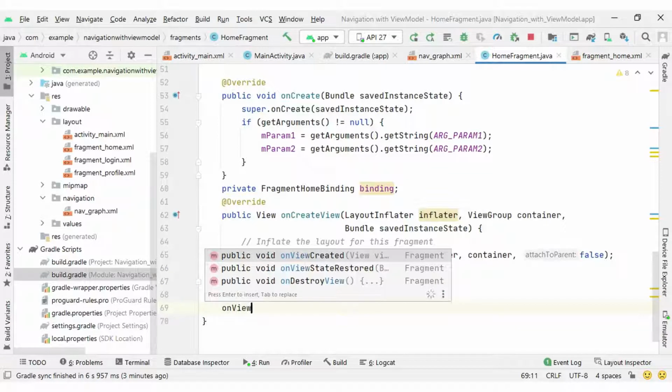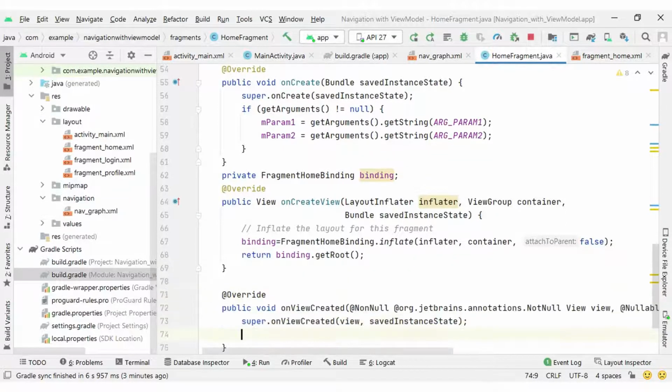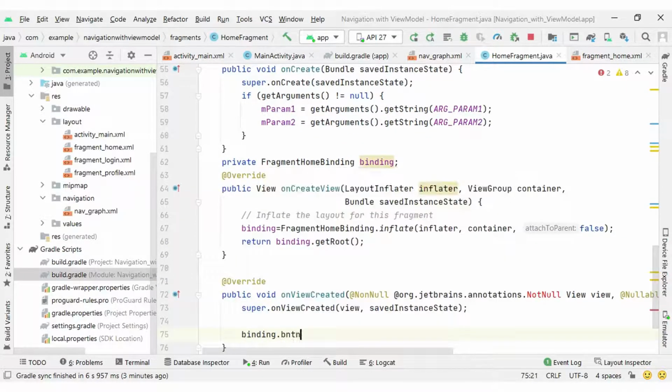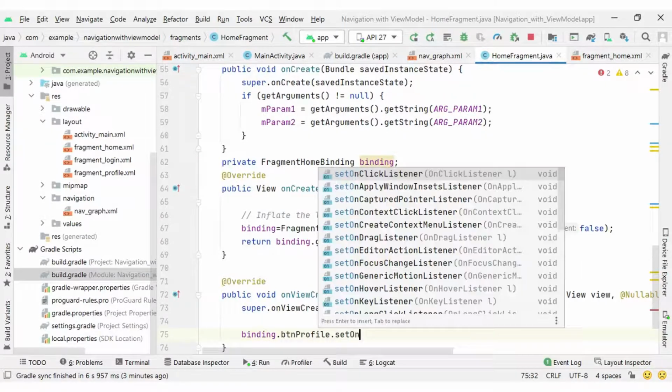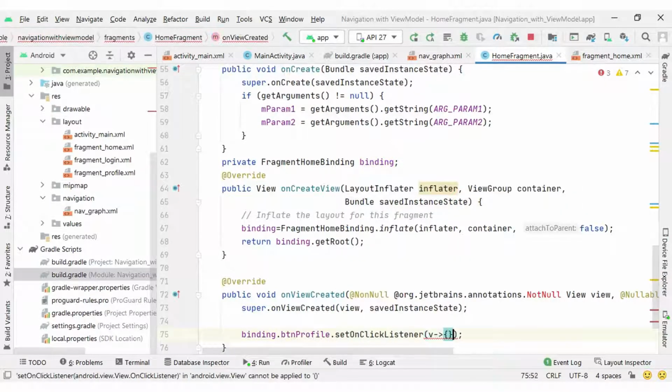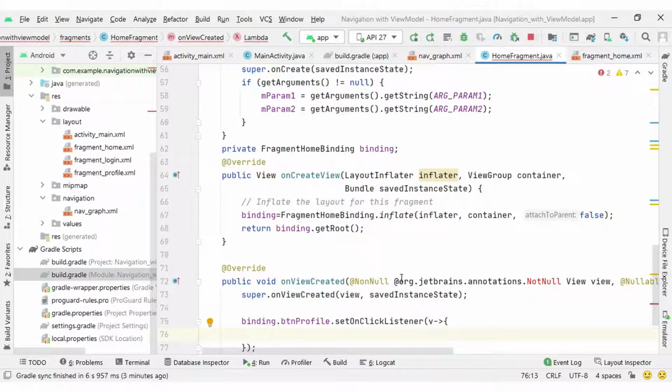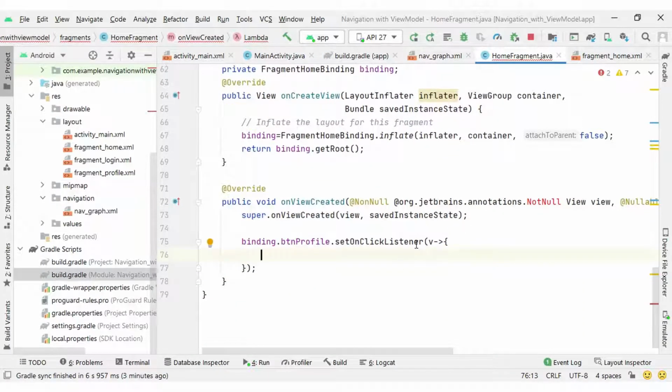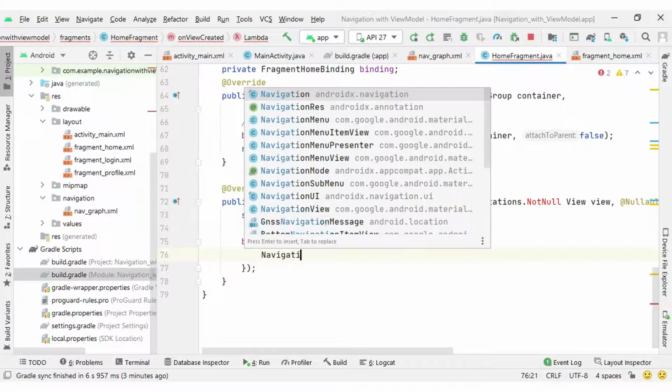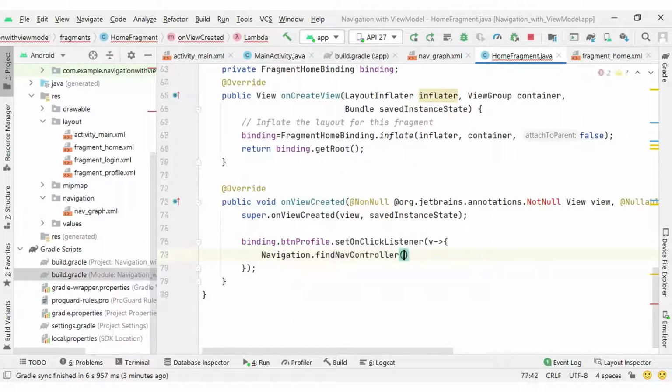Next I will create onViewCreated, and inside onViewCreated I will create buttonProfile.setOnClickListener v. Okay, so this is the lambda syntax for creating the event of our button. On the button click, I want to navigate to the profile fragment. For that, we can write Navigation.findNavController.